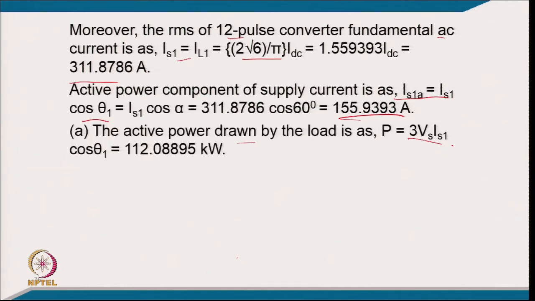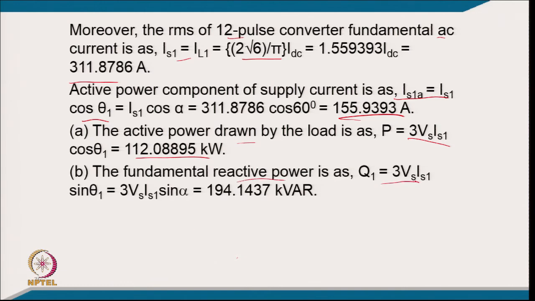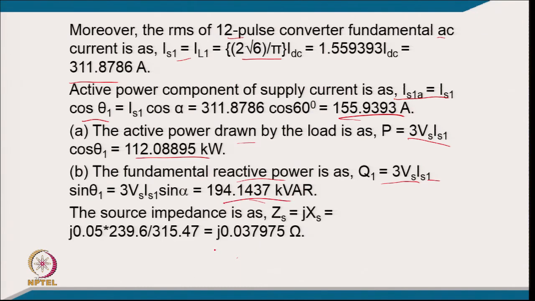The active power drawn by the load will be 3 Vs IS1 cos theta 1, so it comes to 112.08895 kilowatt, and the fundamental reactive power drawn, Q1 equal to 3 Vs IS1 sin theta 1, comes to 194.1437 kVAr. The source impedance is jXs, that is 5% of this, so it comes to